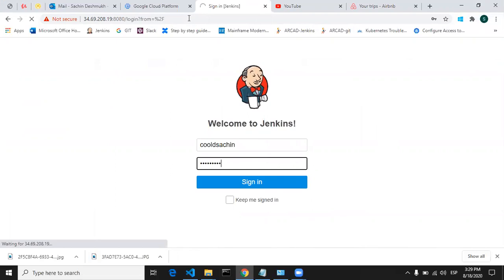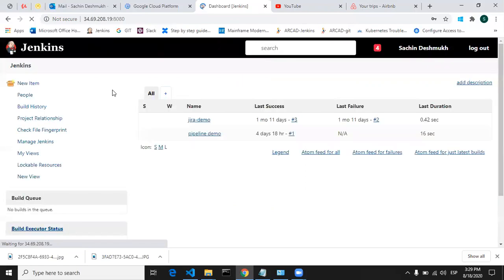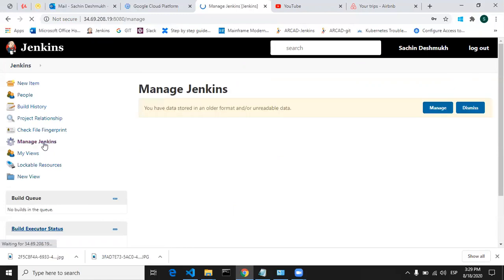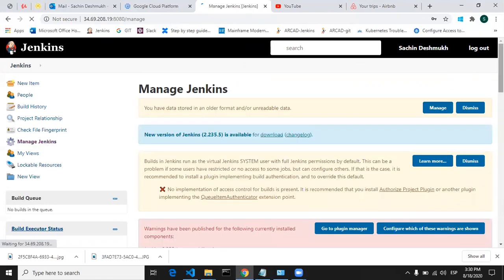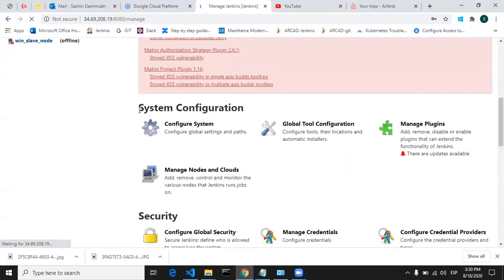Now to do the slave agents configuration, you have to go to the Manage Jenkins section of the dashboard. So this is our Jenkins dashboard, and you have to go to Manage Jenkins. Then under System Configuration, you have to go to Manage nodes and clouds.